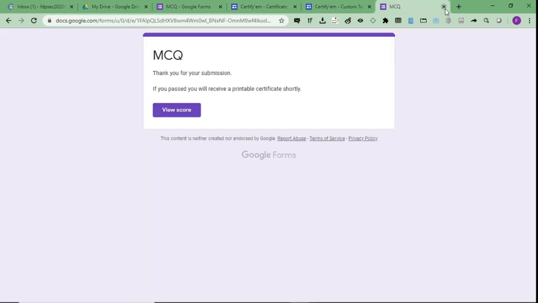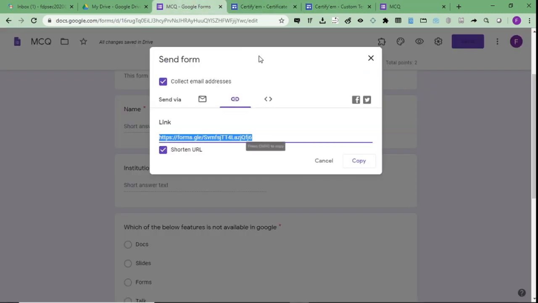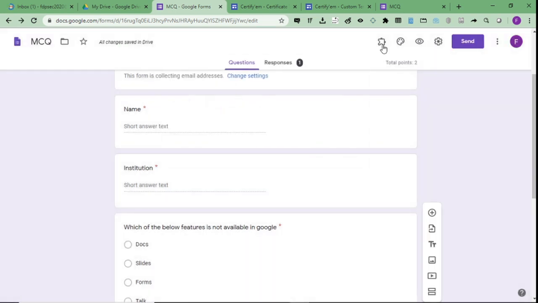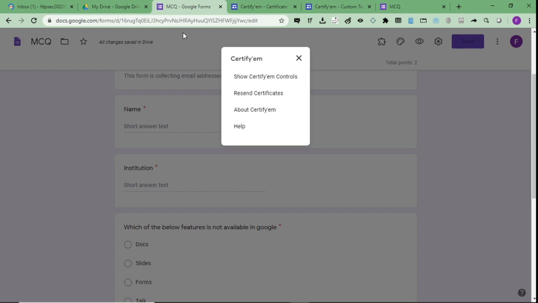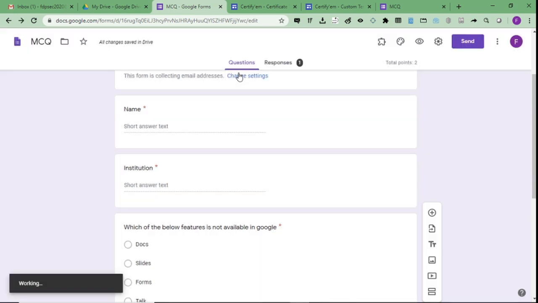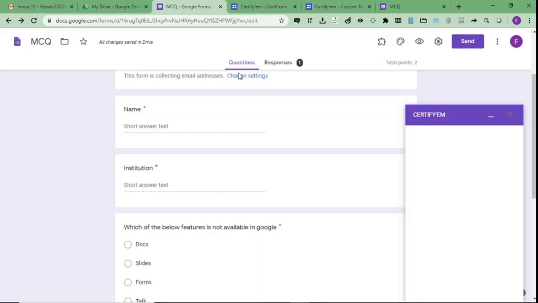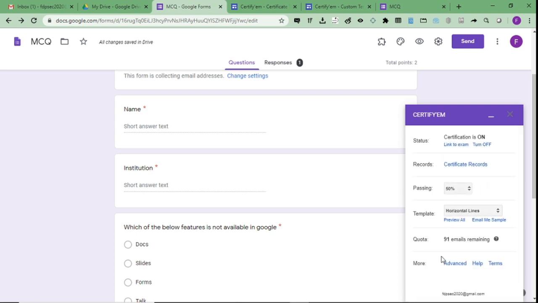Right? So this is how we generate certificates using the CertifyM add-on. The settings are very simple, as we saw here. We just need to configure the basic settings using the CertifyM add-on. Once we configure the basic settings, we can see that a certificate has been generated for the particular user. And one thing that I still have to say in this is the certificate records.